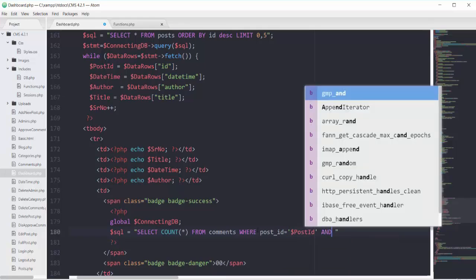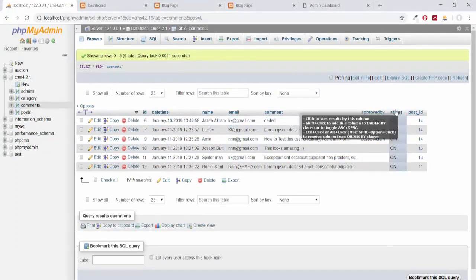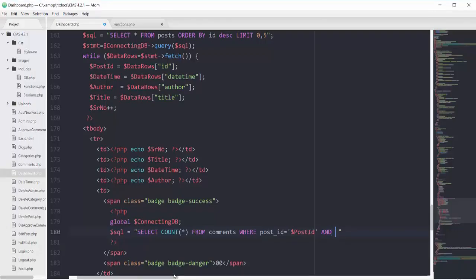And in order to get those comments which have the approved status, I have to add another clause of AND, in which I can mention where the status is on. So AND status is equal to on.